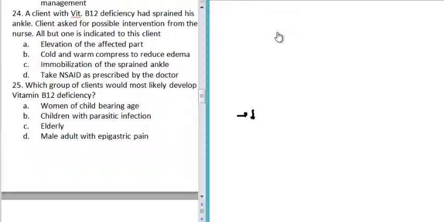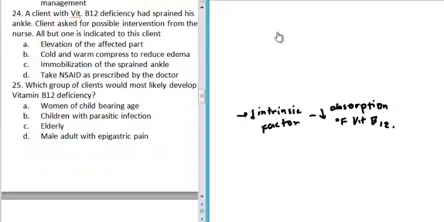If there's a decrease in intrinsic factor, there is decreased absorption of vitamin B12. So the answer here is C. Next,